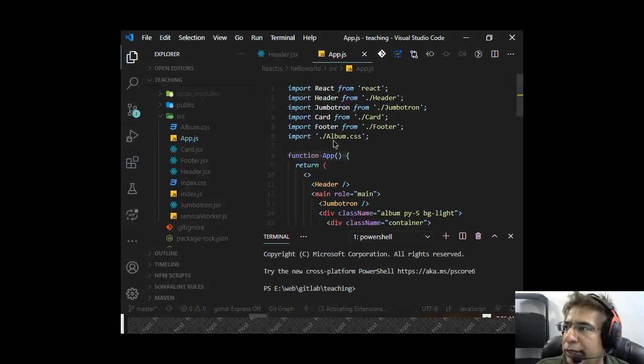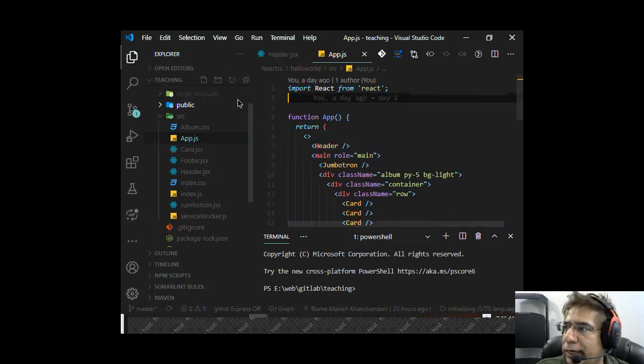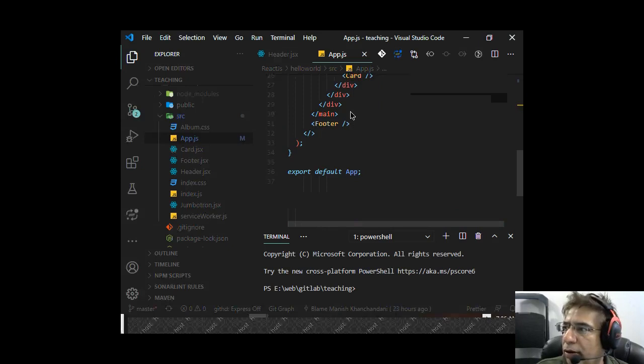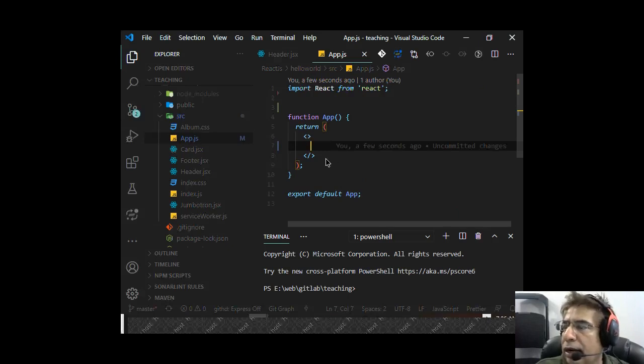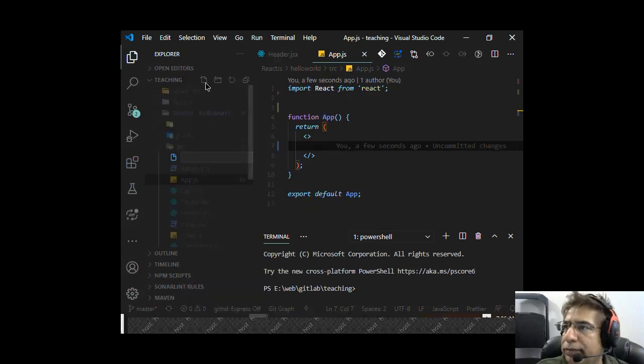I'll go to app.js. Yesterday I created header, jumbo, card, footer, album.css. I'll just remove all of them, and I'll remove all the contents inside also, and I'll just create one page. Maybe I can call it page.jsx,